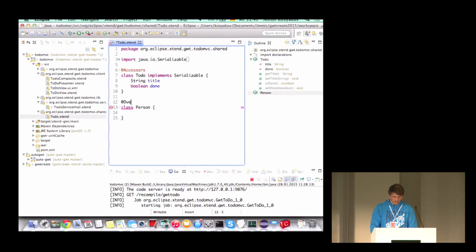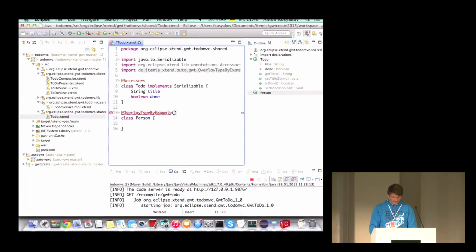And I say add overlay type by example. And I need to put an example. And the example is, of course, JSON. So imagine you want to call some REST service. You go on their website, and then they have this JSON example, right? And you want to work with that from Java. And so you can do all kinds of frameworks that exist. And so you could also use overlay type by example. So imagine